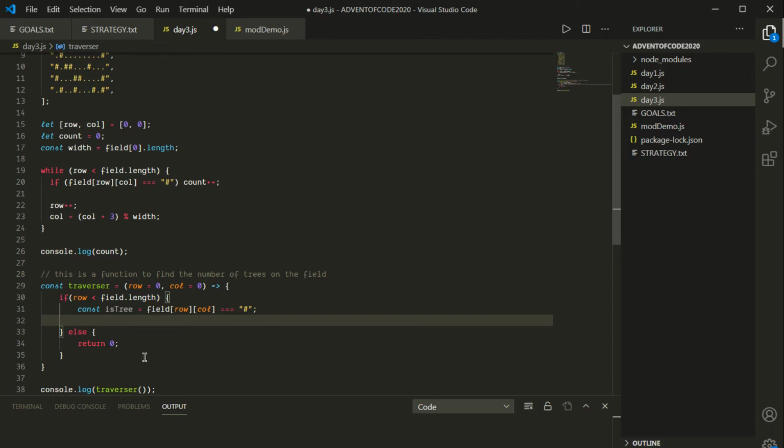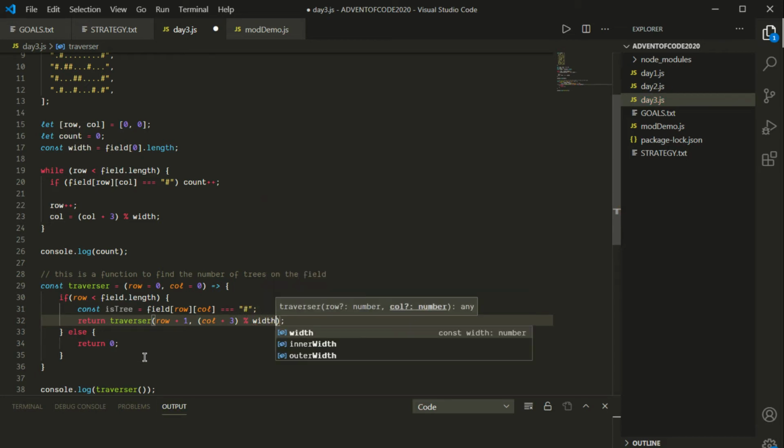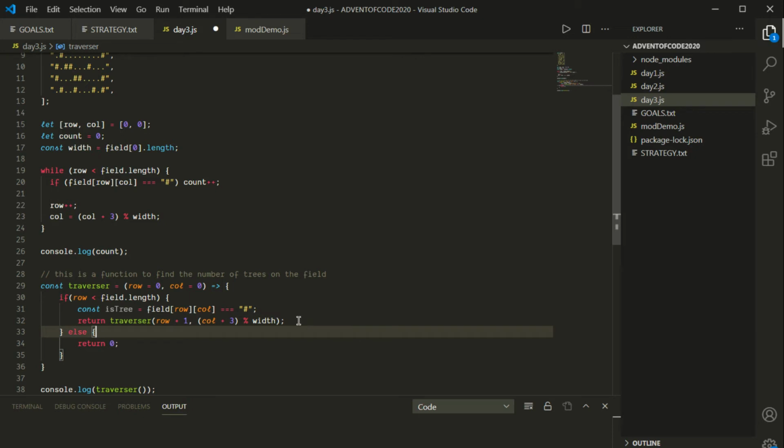Okay. So then we can basically just say something like this: return traverser. We're calling the function again, right? And we're going to call it with row plus 1 and col plus 3 mod width, just like before. So I think that's looking okay. The only problem is we should decide if we're going to add something onto this or not. So we should add 1 if it is a tree,